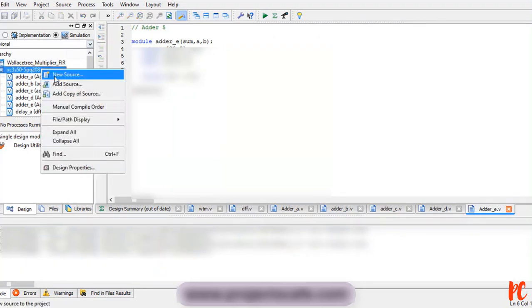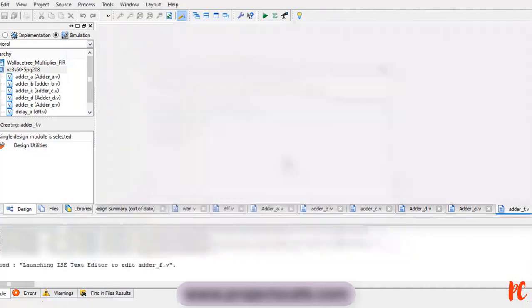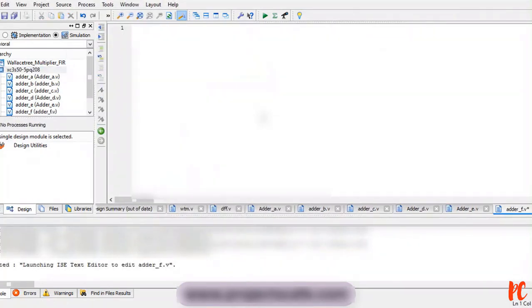Again, click on new source, Verilog module, adder_f.v, the last adder probably, because we'll be using 7 adders. Finish. So this is my 7th adder now. Sorry, this is my 6th adder now.